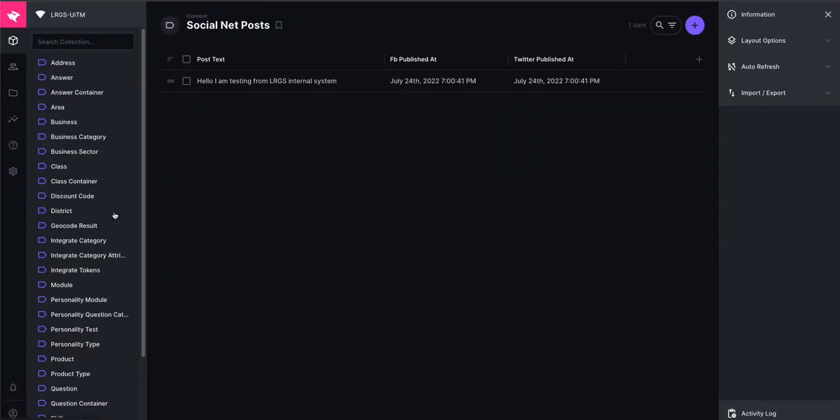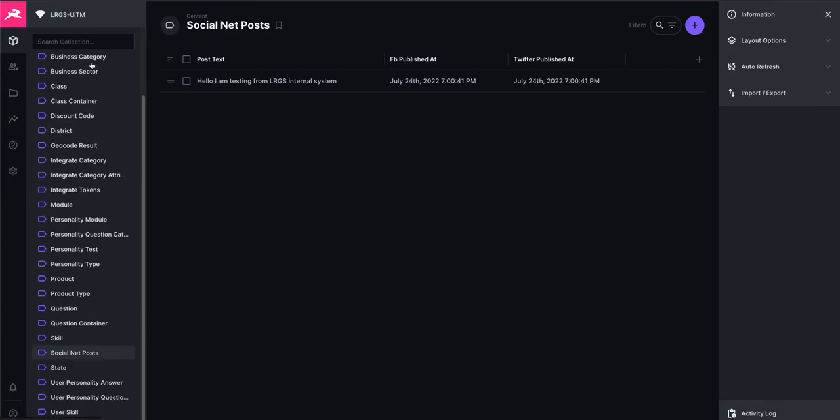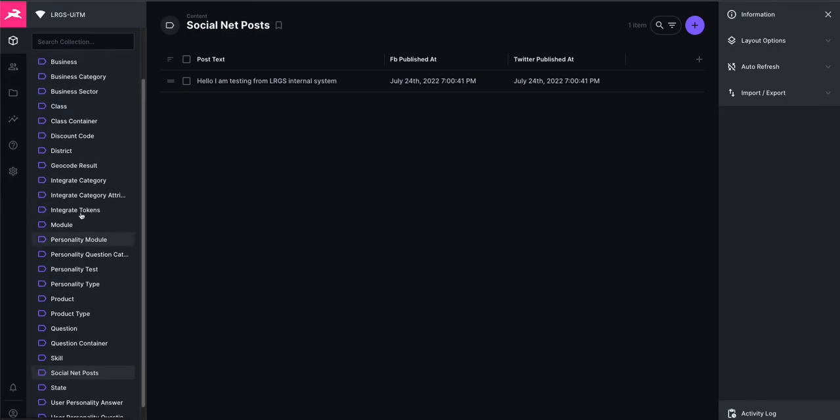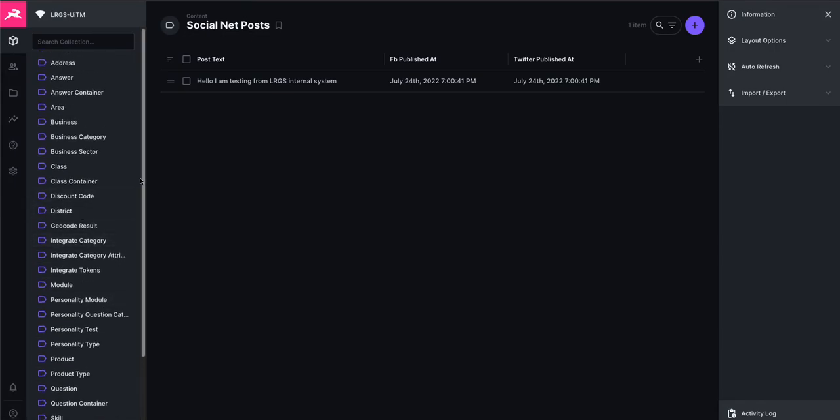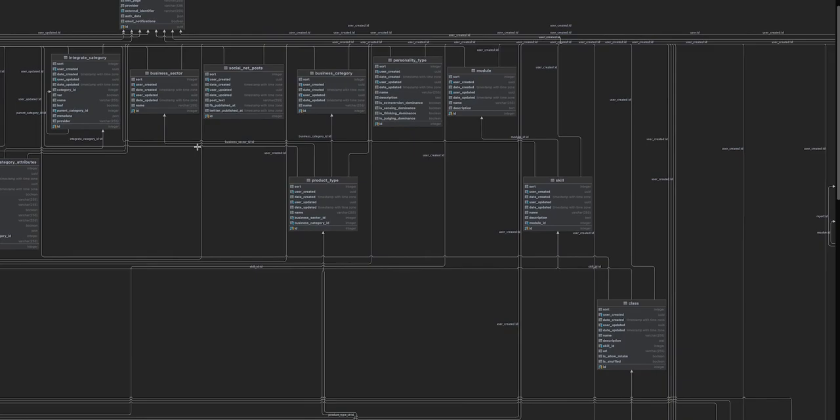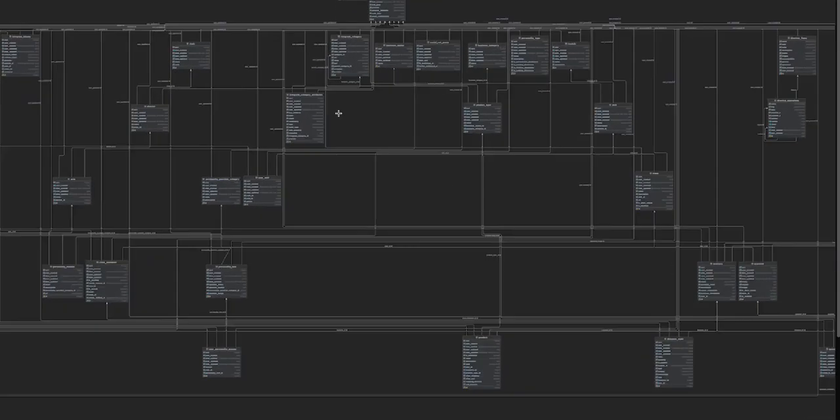Okay, so this is all the tables that we have in the database that has been created, and this is the generated DB images here for all of the tables. And from here we can see that